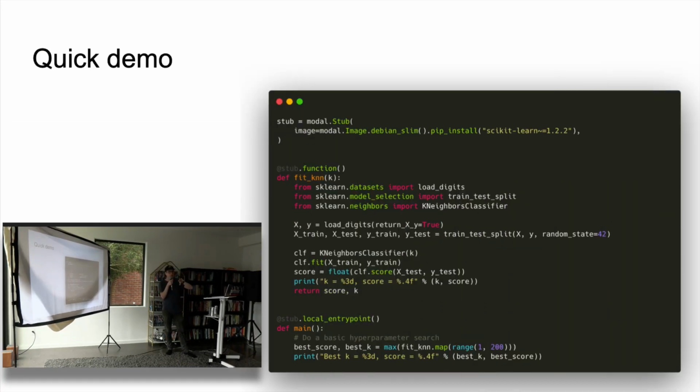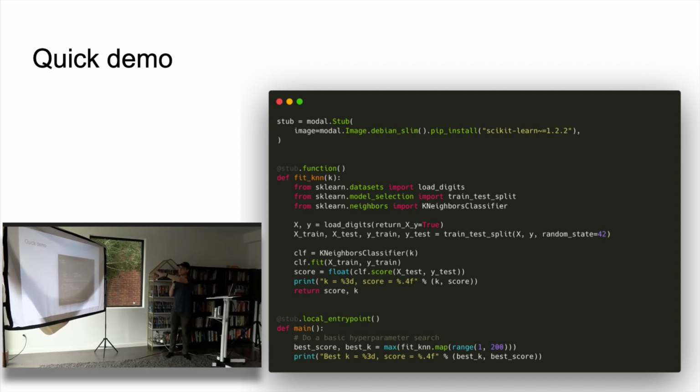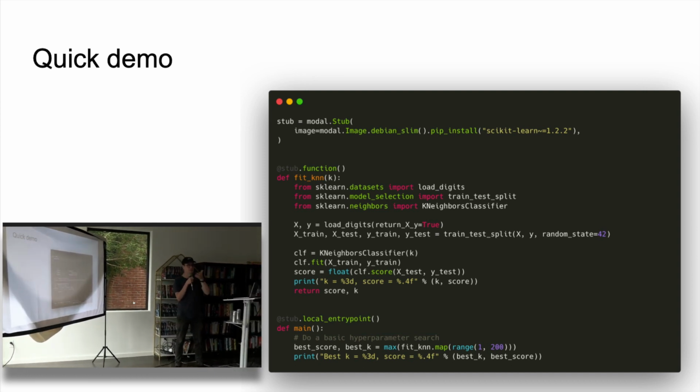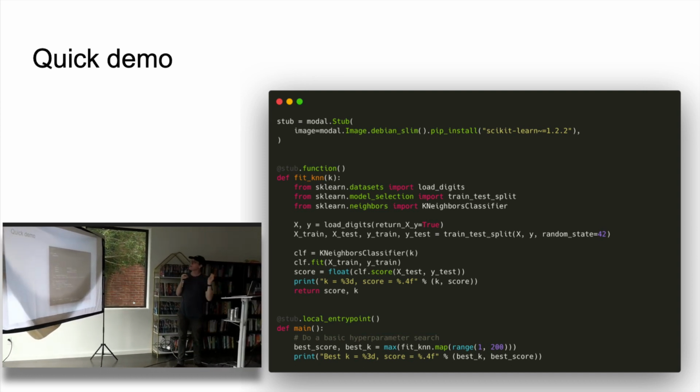In Modal, you can define containers, you can define the code itself, the functions, and then we take those functions, put them in those containers and execute them in the cloud. And we can also scale it out. You can specify whether you need GPUs or anything like that. Here's a pretty simple example where we're using an old school machine learning library called scikit-learn. I showed this because it demonstrates the point pretty well, where we fit a model inside this function. So let's try to run this thing.